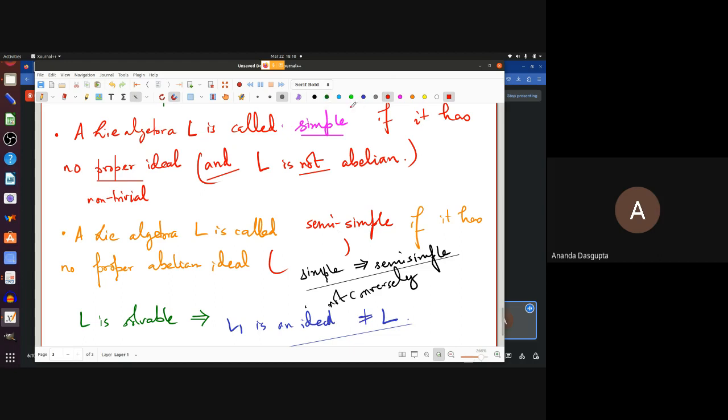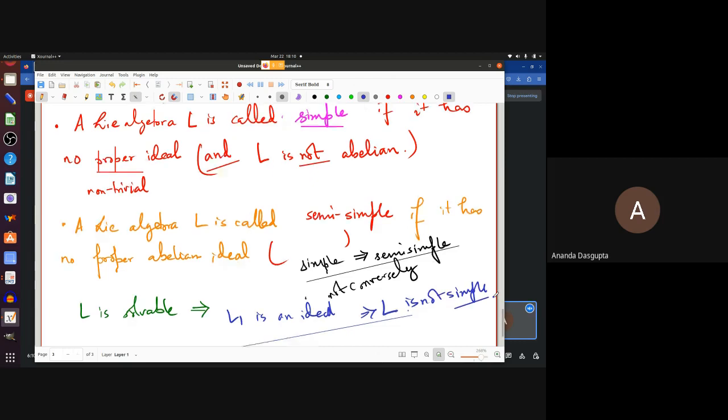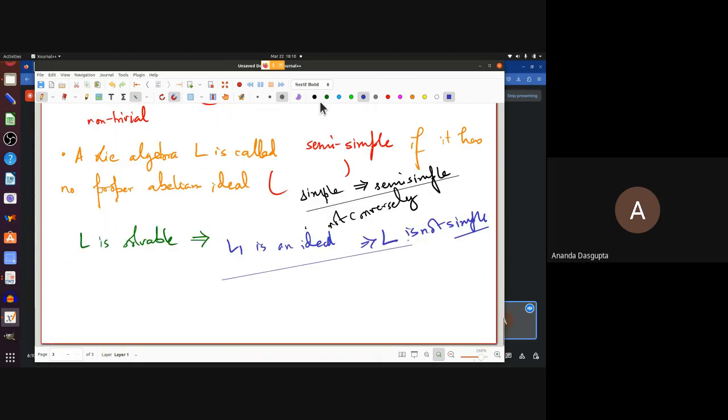Then what you are saying will work. And this is how it works out. Then this actually tells you that if it's solvable, then it implies that L is not simple. And of course, this simply means that if L is simple,